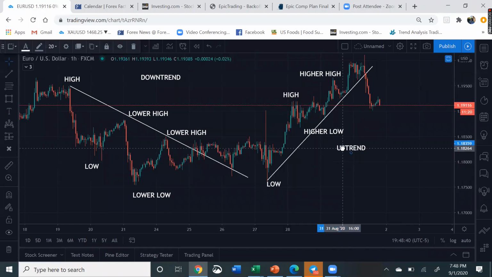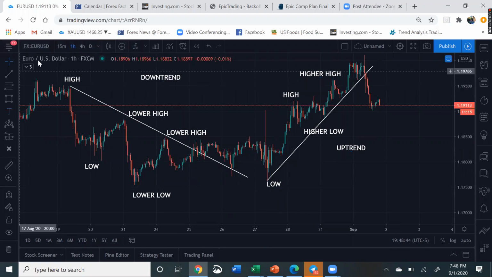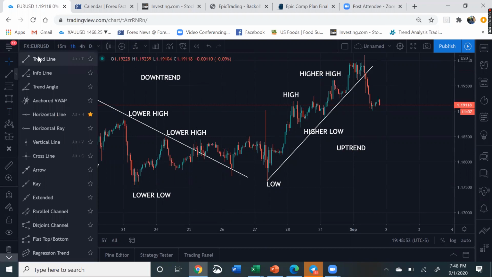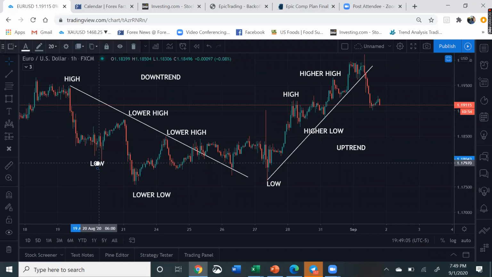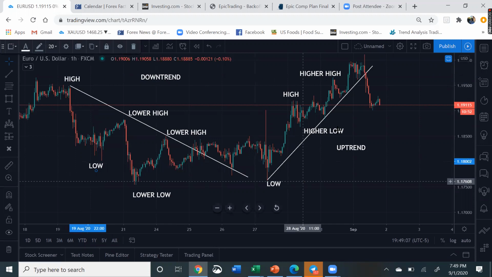Okay. Just like that. That's all you're using in this platform. You're just gonna use this line and the T. Right? Click here. You're gonna use the first line, the trend line. Right? You're gonna mark a downtrend. You're gonna mark an uptrend. Use the T to type your positions. And just click and hold it to move it around. Okay? Then, in order for you to send this to me,